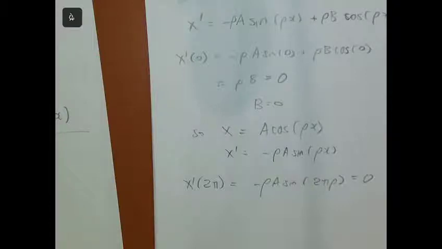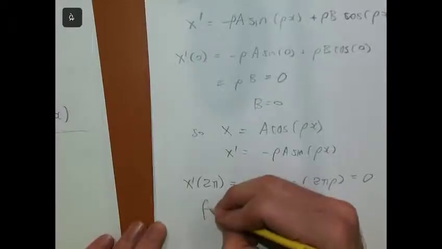Now here's the thing, I'm looking for non-zero solutions. In the middle bit where I had my k being positive, it was impossible to get non-zero solutions. When I subbed in my two initial conditions, it just told me that the a and the b were both 0. But in this case, I can choose. I already know that the b has to be 0, but there's nothing that tells me that the a has to be 0. So for non-zero solutions,